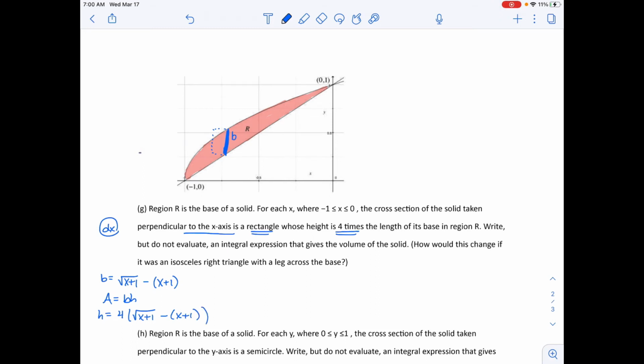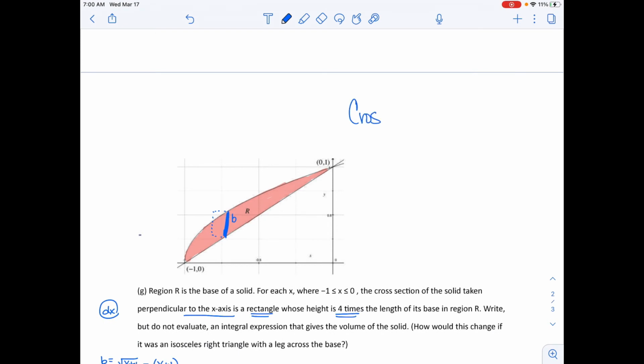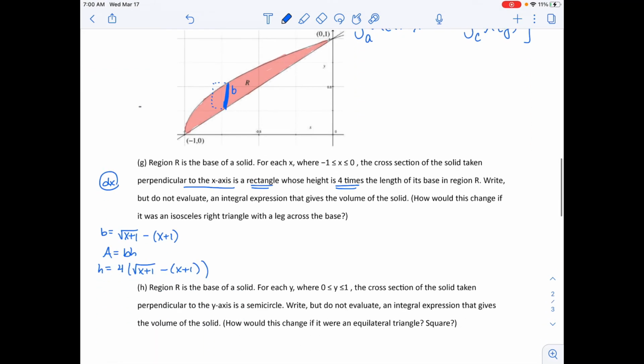And so for cross sections, we do the integral from a to b of the area in terms of x, or we do the integral from c to d of the area in terms of y times dy. So you just need the area, and the area is base times height. And so this is going to be the integral from negative 1 to 0 of the area, which is base times height, which is going to be